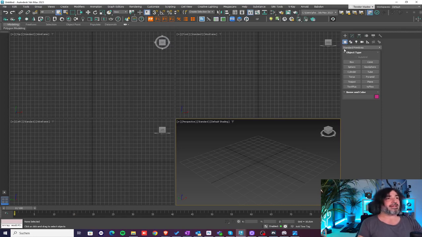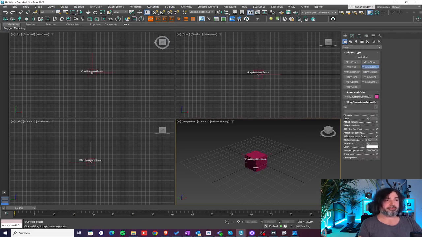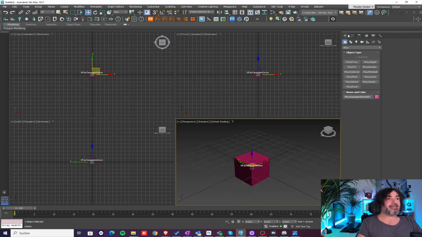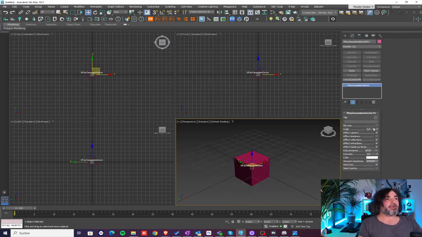In the meantime, I will show you how to import a Gaussian Splat model into your scene. So you just go to the V-Ray menu, and then you go to V-Ray Gaussian geometry, and that was all of it actually. So let's place it exactly in the middle. And if we then go to these properties,